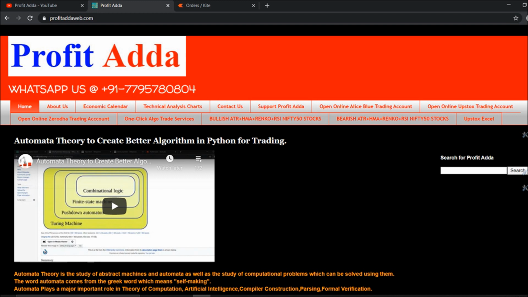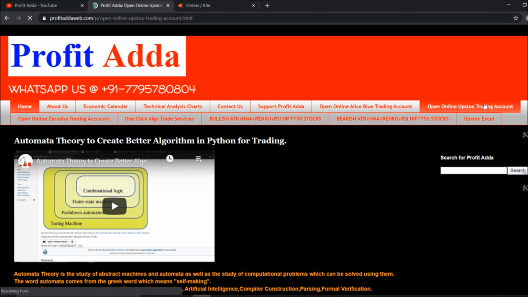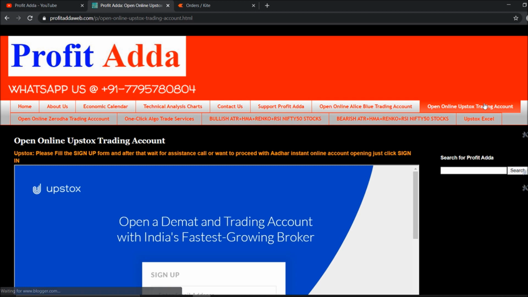One more thing: if you are unable to get this API, suppose you are a new trader and you don't have an account and want to utilize Upstox to place orders, there is a better chance. First of all, I asked a guy in the Upstox team, who is helping me with people opening accounts.